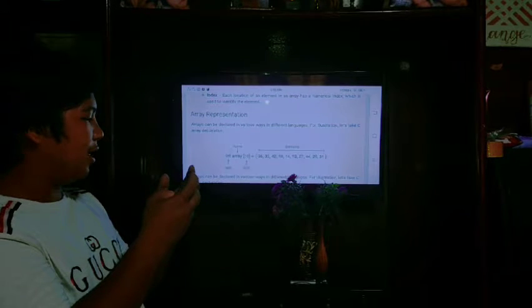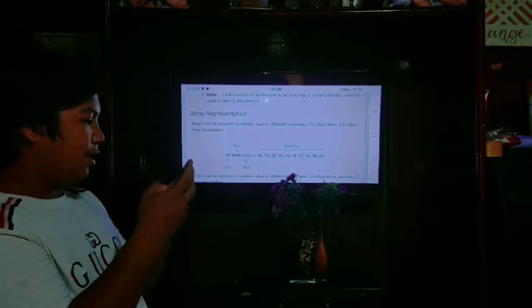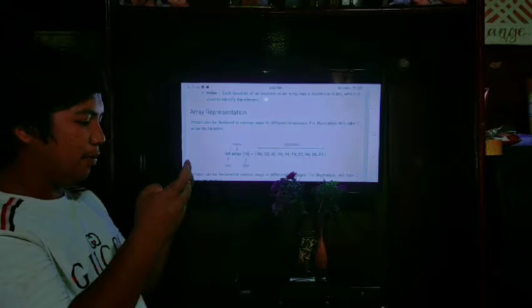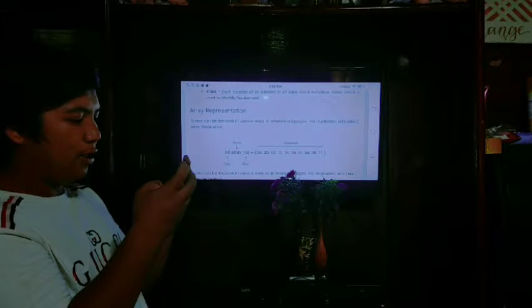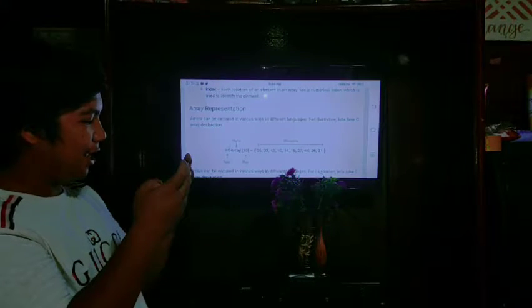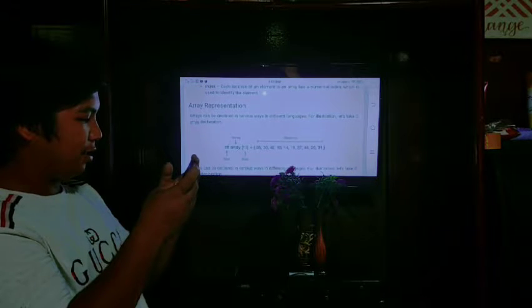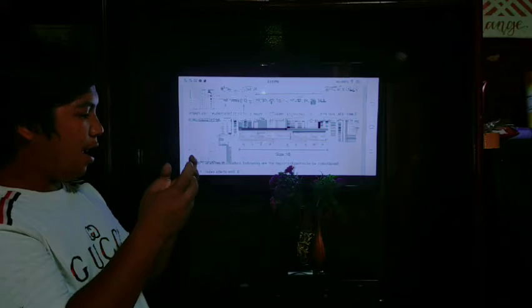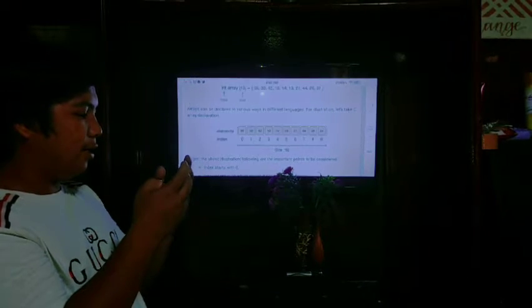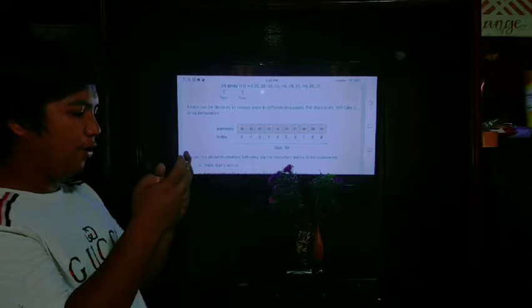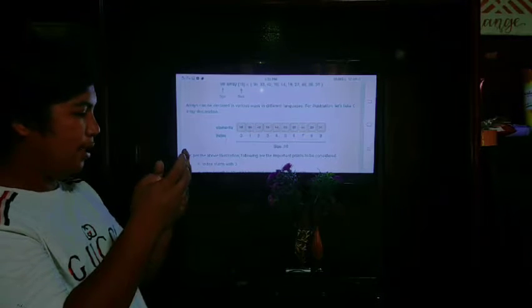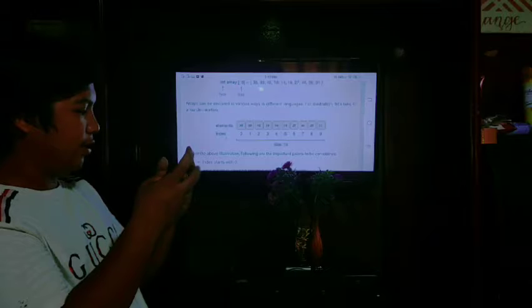Array representation. Arrays can be declared in various ways in different languages. For illustration, let's take the C array declaration.